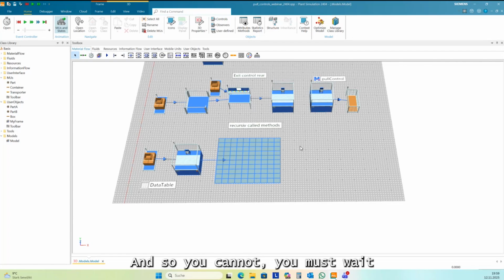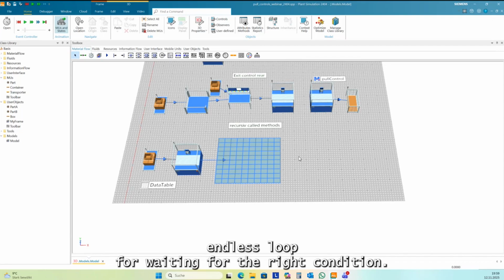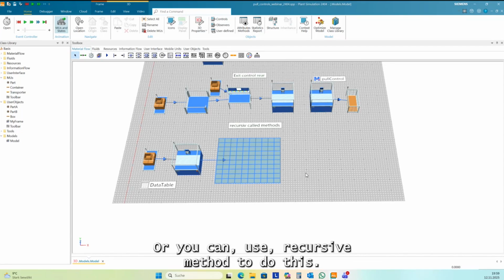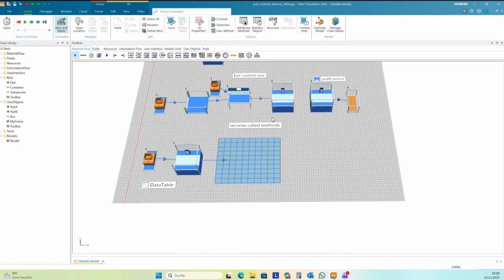So you cannot use wait until to create a condition when this movement starts from the source. One way to do this is to make an endless loop for waiting for the right condition, or you can use a recursive method.